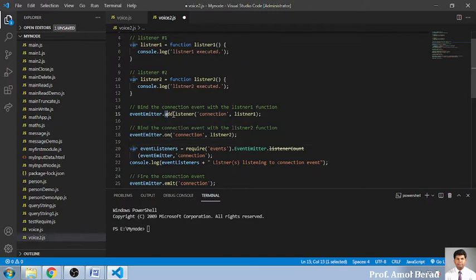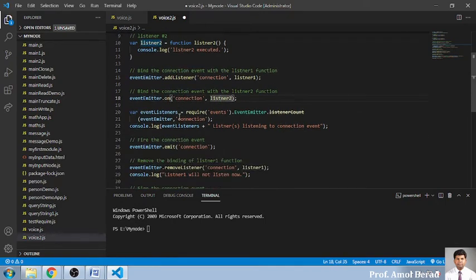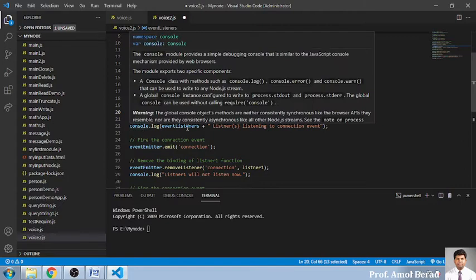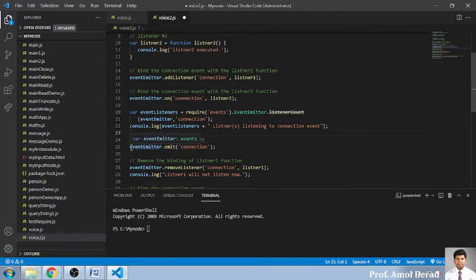Okay, so I have gone for add listener, and on the same name I am adding one more with on, that is listener 2. And now the emitter will be going for the execution. Event listener is the name of my variable that will require this event, and event emitter dot listener count. So let us check whether it is getting executed or not, but I think this version is lower, so it may not get executed. But the main intention is that we will be binding two listeners, and after that we will be sending them for execution.